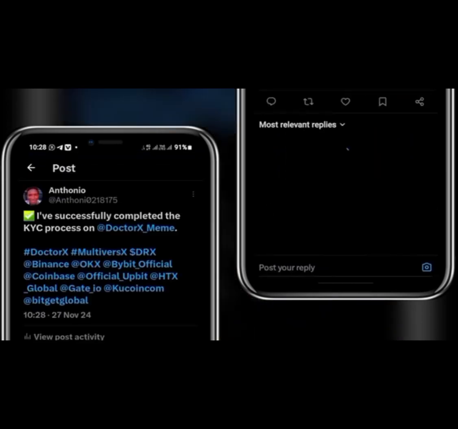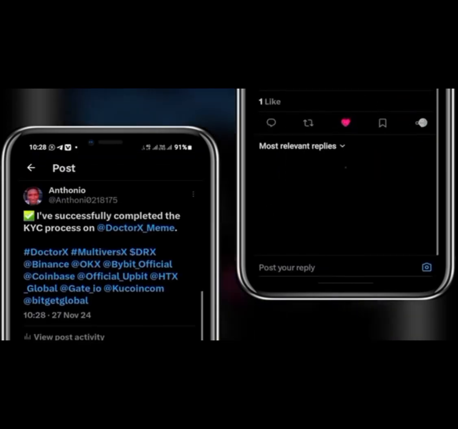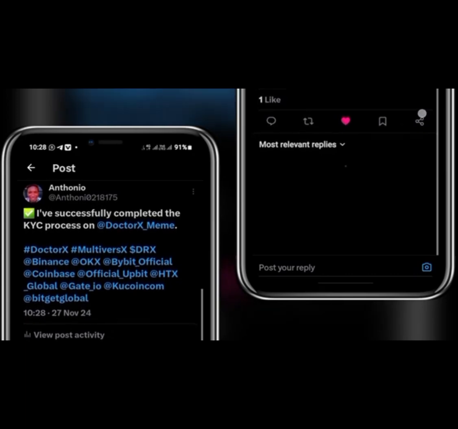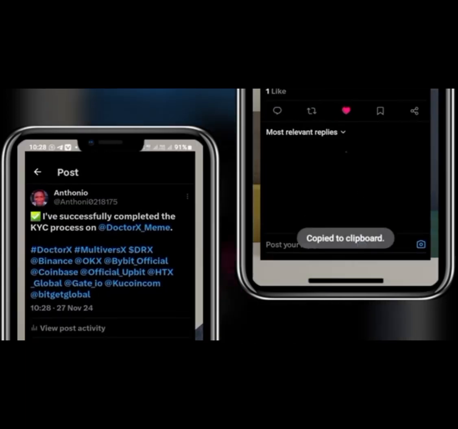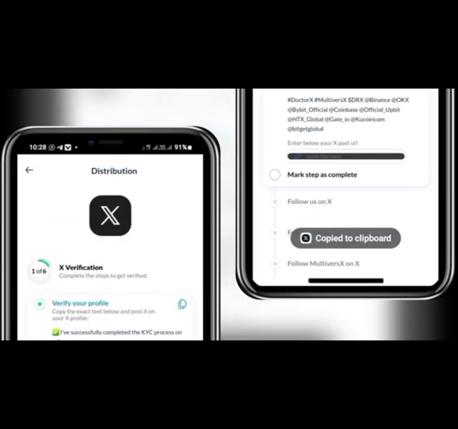So I'll go ahead and click on that. So I'll open this page. I need the link to this post I just made. So look at this share icon here. I'll go ahead and click on that share icon, and then you can see I have the option of copying the link. So I've copied it to my clipboard, and the next thing is to head directly into that verification